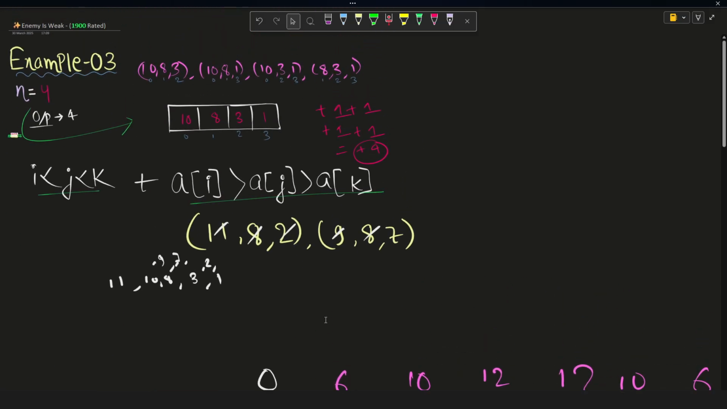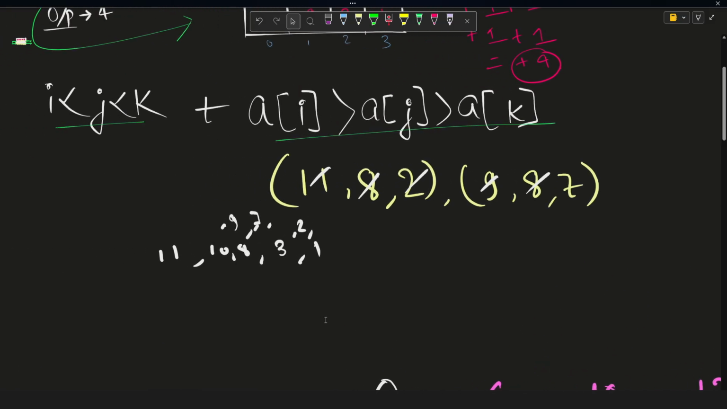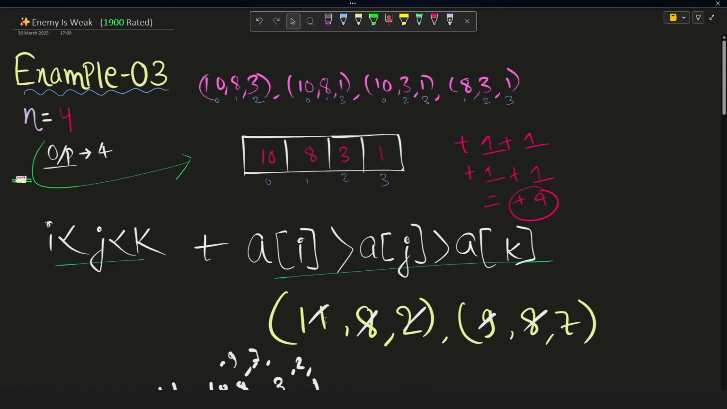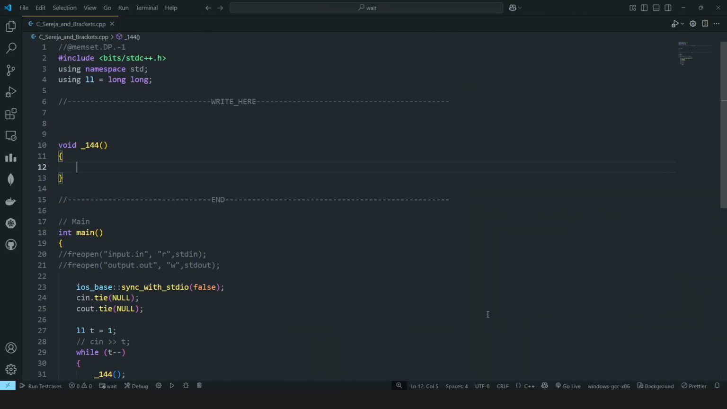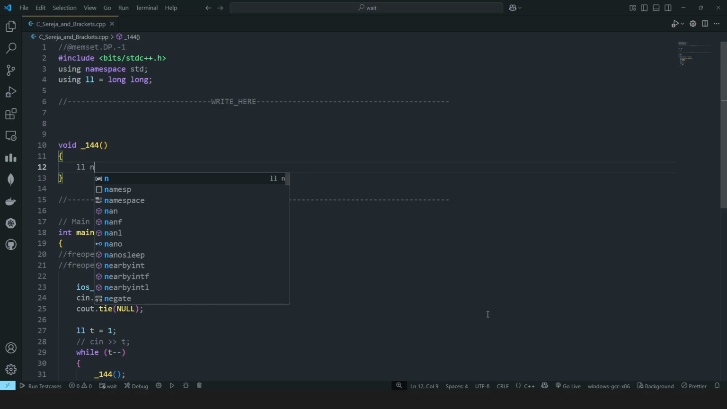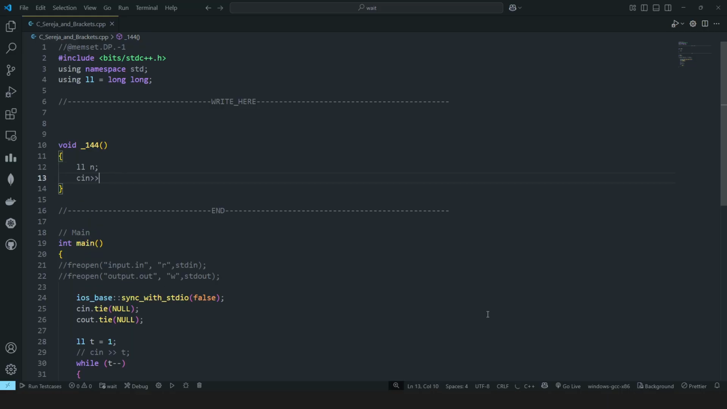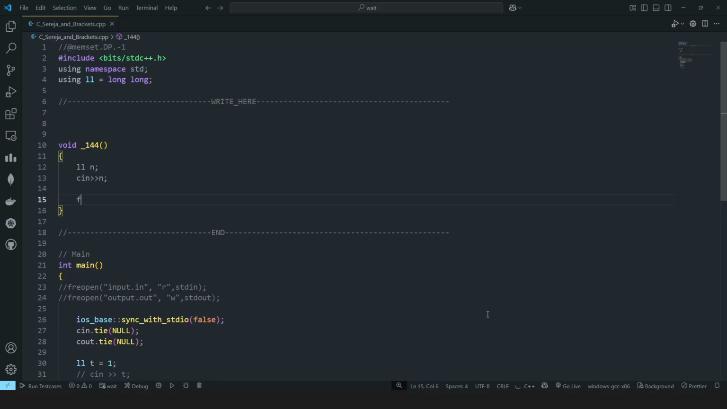Then it will be very clear to you how everything is working under the hood. So let us now go to the code editor and code this up quickly. First we have to take the input for the number of integers. I will use long in every place, so keep this in mind. Just take the input for the number of integers, and then